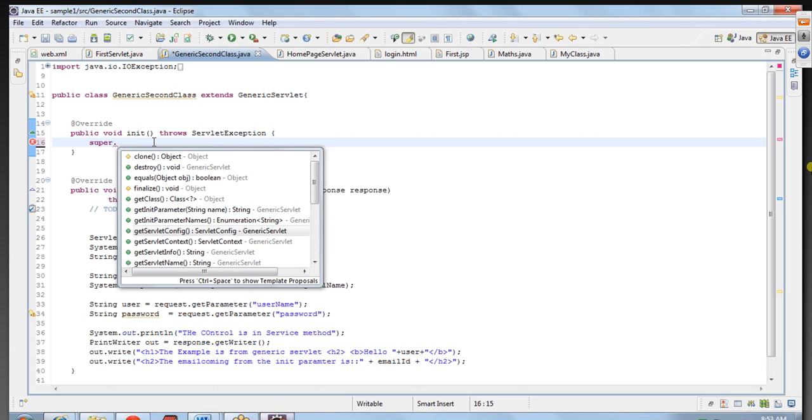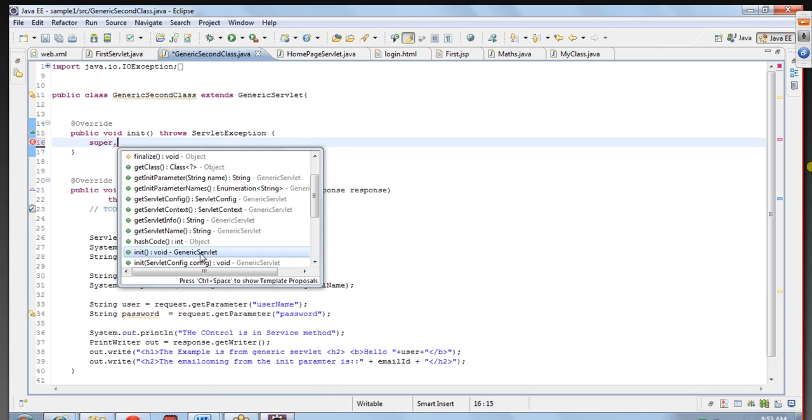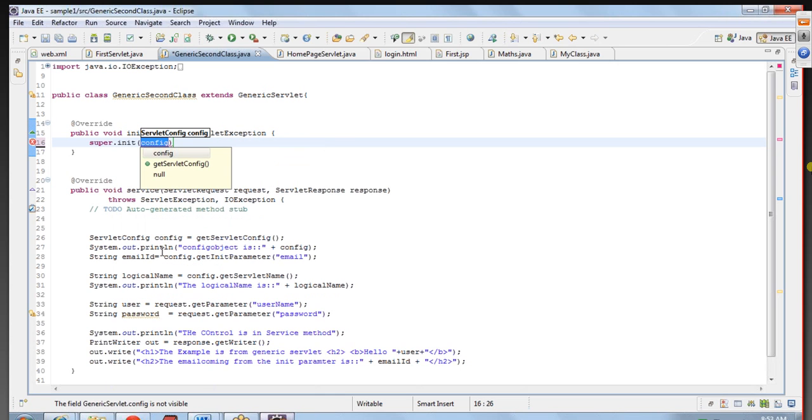What are the methods? getInitParameter, getServletConfig, getServletContext, getServletInfo, hashCode, and this is again the Object class. You can see after this init void, and you can see which superclass it is coming from. You can have the init method, you can add the servlet init method. So now if you get this,